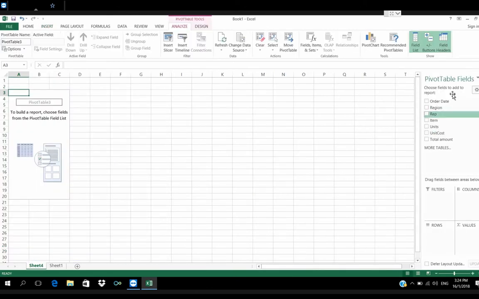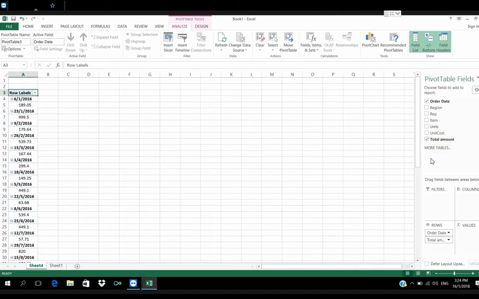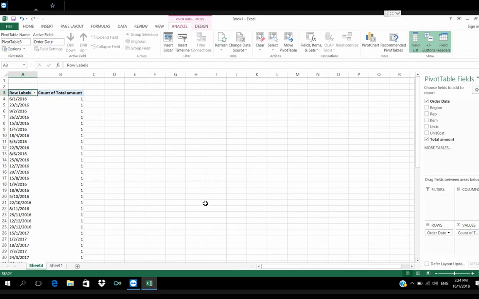Like this, and you can see under the pivot table fields you can select what you want to be visible. So I'm going to select the order date and the total amount. I'm going to move the total amount to the values and it shows the count of total amount, but I need the sum of total amount.